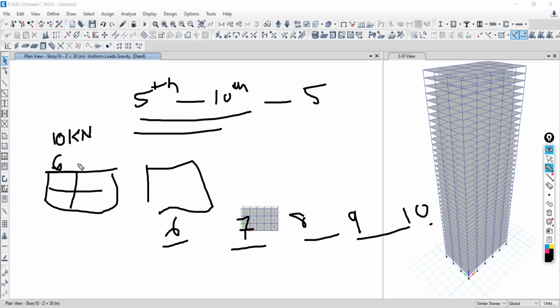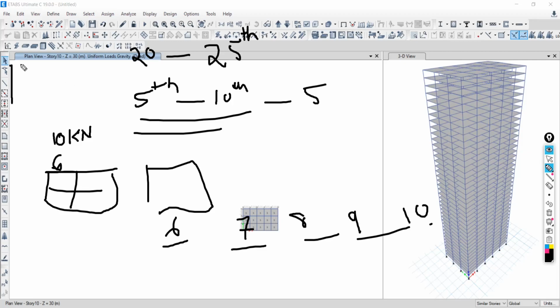If I am doing all this for each individual floor, it is a waste of time. Again, there's a typical floor from 20 to 25th, which is similar.